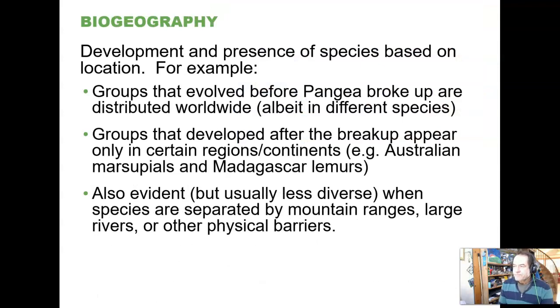Biogeography. This is the idea that the surface of the earth, the geography, where there is land, where there is water, where there are mountains, where it is cold, where it is hot, where it is wet, where it is dry, all of those things have a huge impact on how life is distributed around the planet today. So, for instance, earlier I was talking about Darwin's finches, and the biogeographical information that's required there is that South America has been around for a good long while. All right. It was part of Pangaea originally.